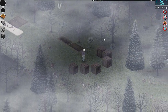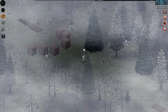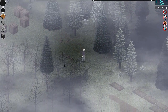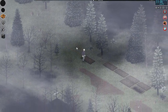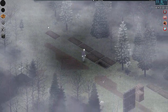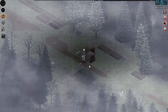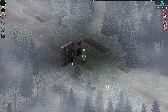So here we go, you can see I've been constructing some of these delightful little chevrons, I'd normally call them. I used them back in season 4, I believe, quite a bit, in an effort to sort of take over. Well, we took over West Point and then we were trying to branch out, but the problem is you go away, come back hours later and the zombies have reformed. So we've now switched over to log walls in the absence of